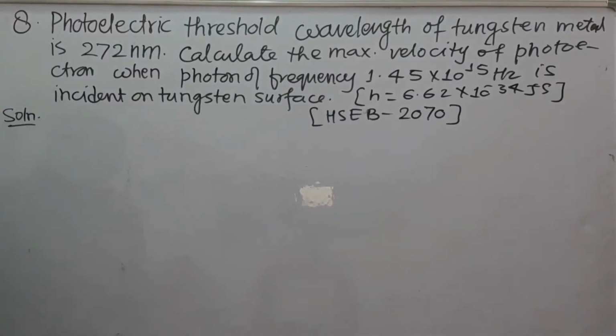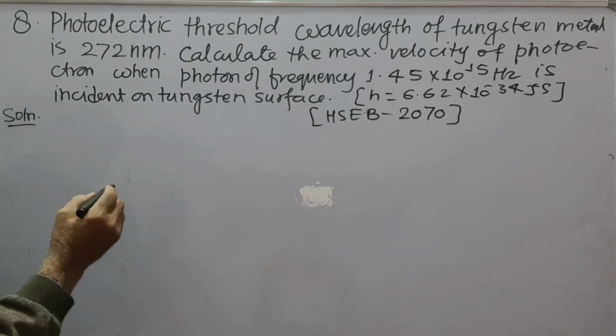Next, question number 8 is, the photoelectric threshold wavelength of tungsten metal is 272 nanometer. Calculate the maximum velocity of photoelectron emitted when a photon of frequency 1.45 into 10 to the power 15 Hz is incident on the tungsten surface. Planck constant is given. Solution: